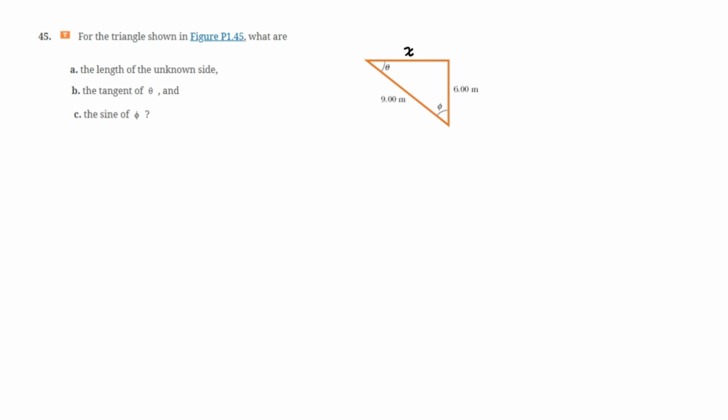We have to find the tangent of theta. Theta is this angle. And we have to find the sine of phi. Phi is this other angle, right? So we have to find the unknown side, the tangent of theta, and the sine of phi, right? So we say, okay, if I have to find